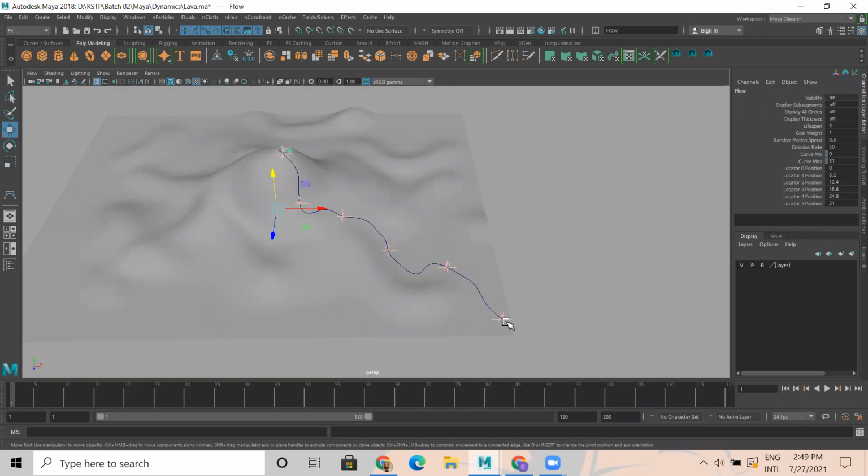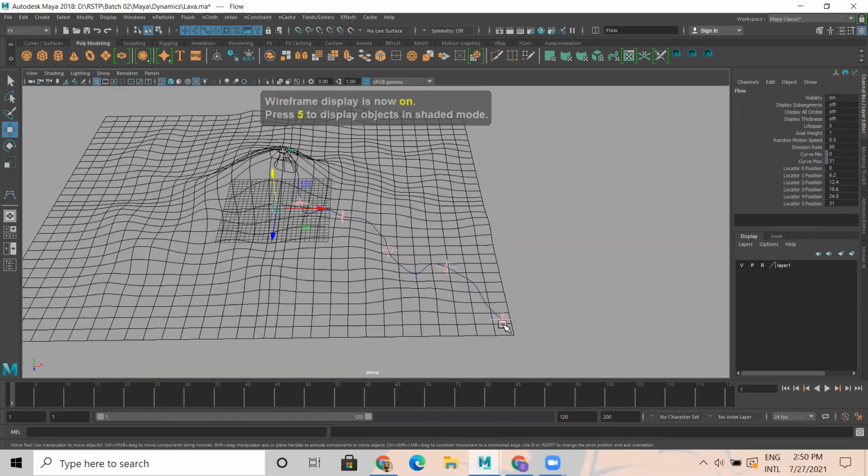We are not defining the life of the particle manually; the start point and end point of the curve define it. The particle birth rate will be defined. The particle will get birth here and it dies here.